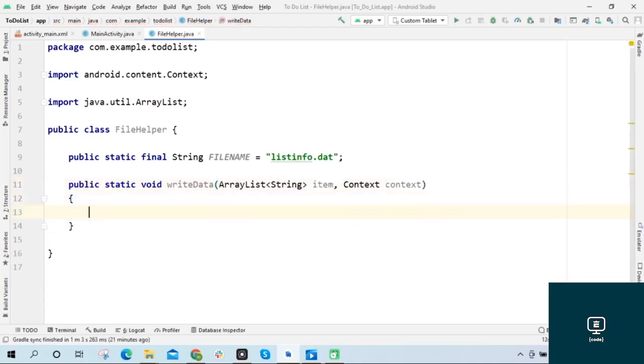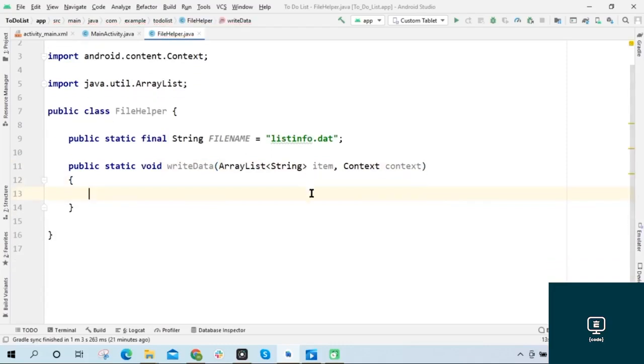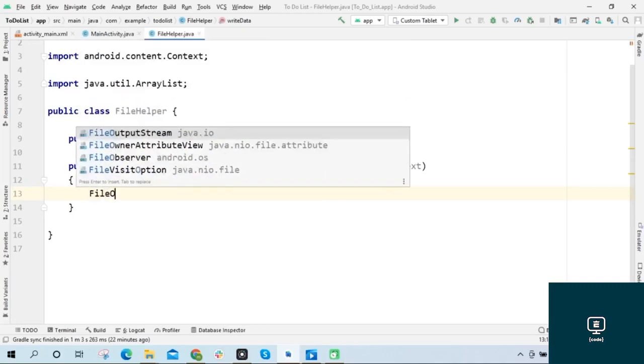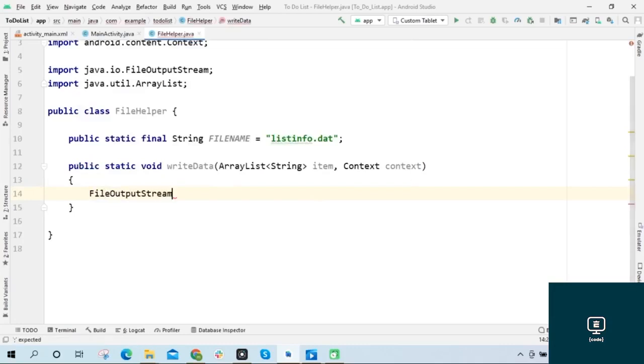I will write codes to save the list in this method. And I'll use the FileOutputStream class. So this class is used to write data into a file. I will create an object from this class. I'll write FileOutputStream fos. fos is the name of the object. It is an abbreviation of the file output stream. So the file output stream, or fos, equals